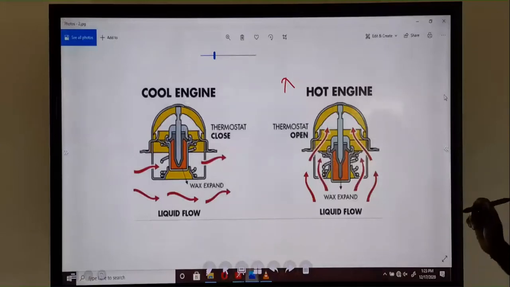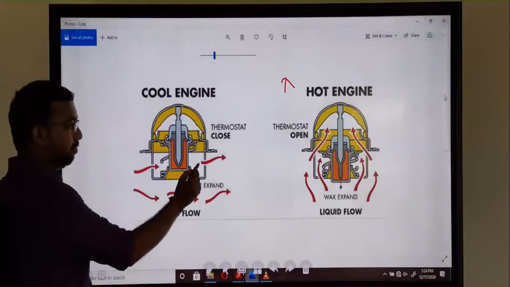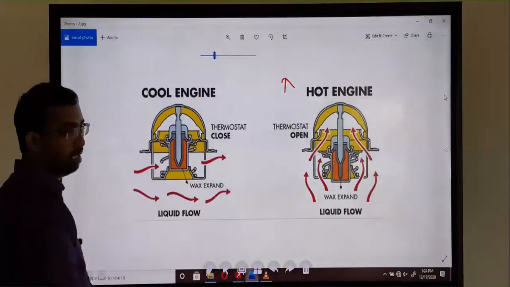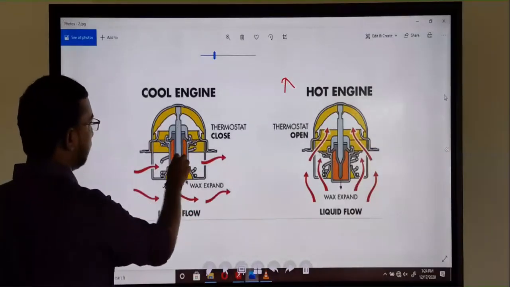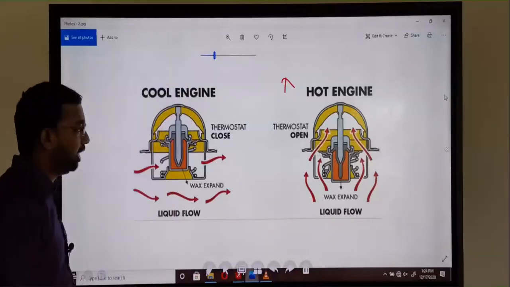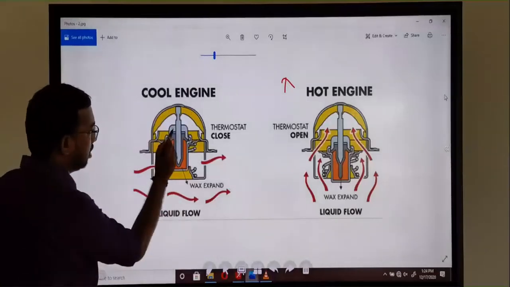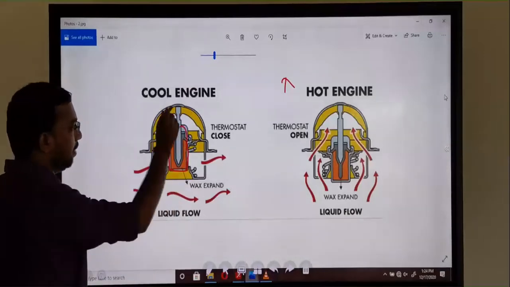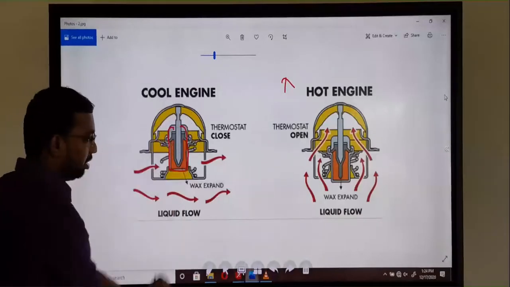Okay, you can see this is a cold time. Normally there is flow through this bypass line. Here this orange color is wax. This lever is fixed and stationary, which means it does not move. But we can move this area. Totally we can move, but this shaft we cannot move. That's fixed here. We can move this total area.